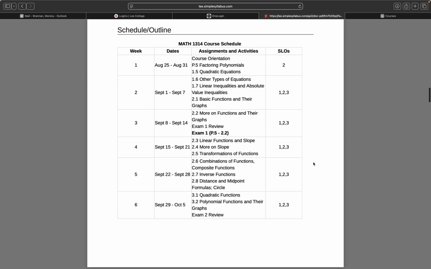Okay, your schedule outline, here it tells what we're going to do by the week. How your homework works is that, such as on August 25th, you probably Monday when you're looking at this, I have already made assignments in MyLab and Mastering, which we're going to get into how to do in just a minute. And so P5 and 1.5 are assigned to you in MyLab and Mastering. They are due on August 31st, both assignments, okay?